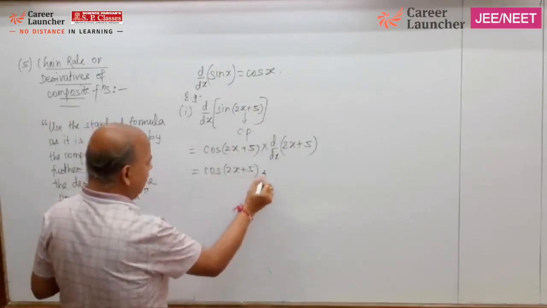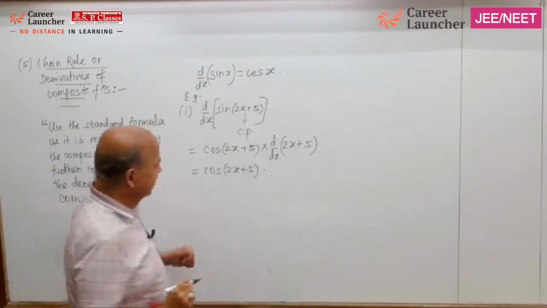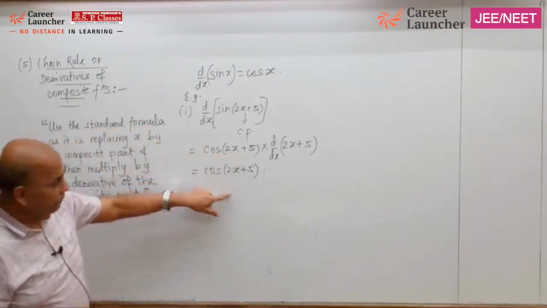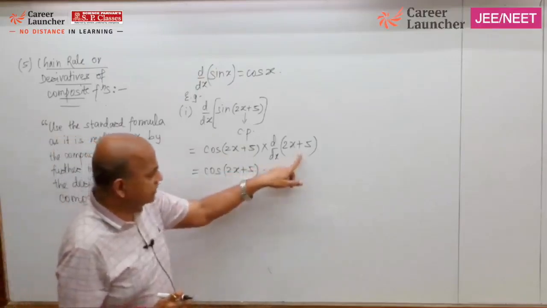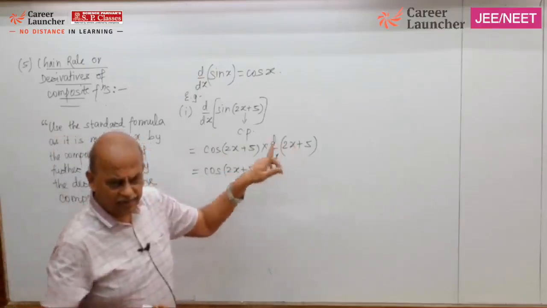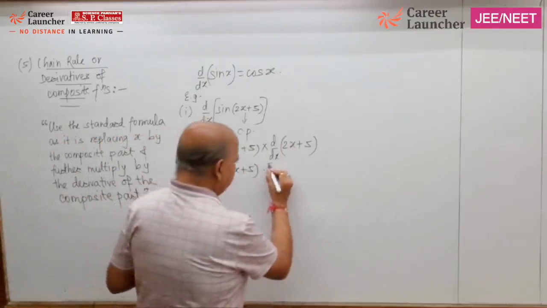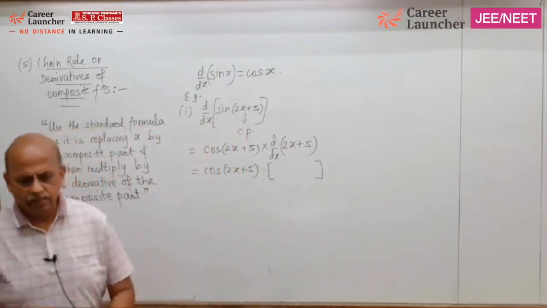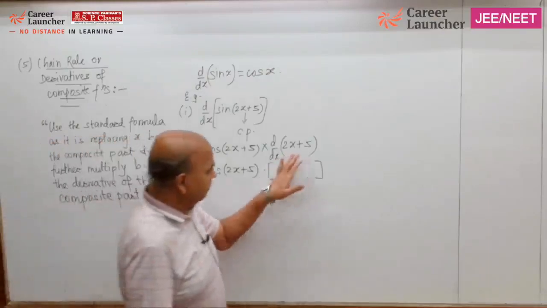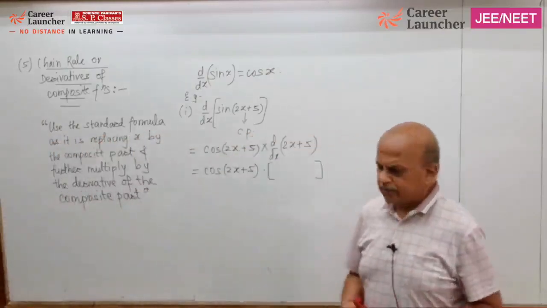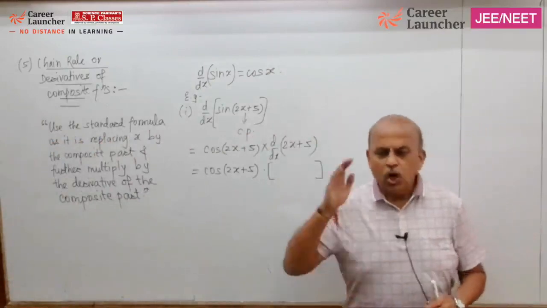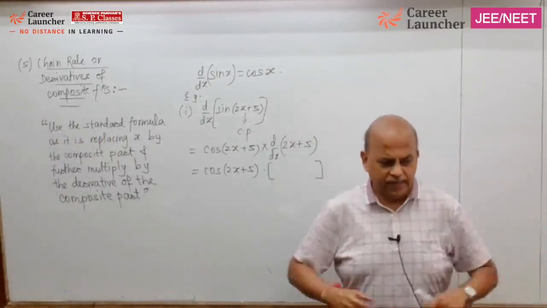Cos of 2x plus 5 as it is. See, here we don't have that d by dx, so this will remain as it is. But when d by dx is there in front of this, we are supposed to get the derivative of this. And now, finding the derivative of this function is not at all a difficult task. But once again, for finding such simple derivatives, we must know the difference between what is known as constant and coefficient.